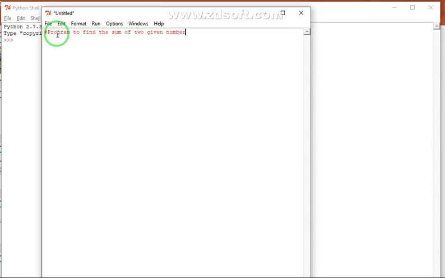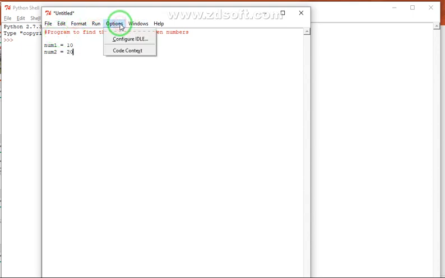The numbers are already given to us and we have to find their sum. What are these numbers? Let's say num1 is 10, num2 is 20. Students, we can increase its font size also.